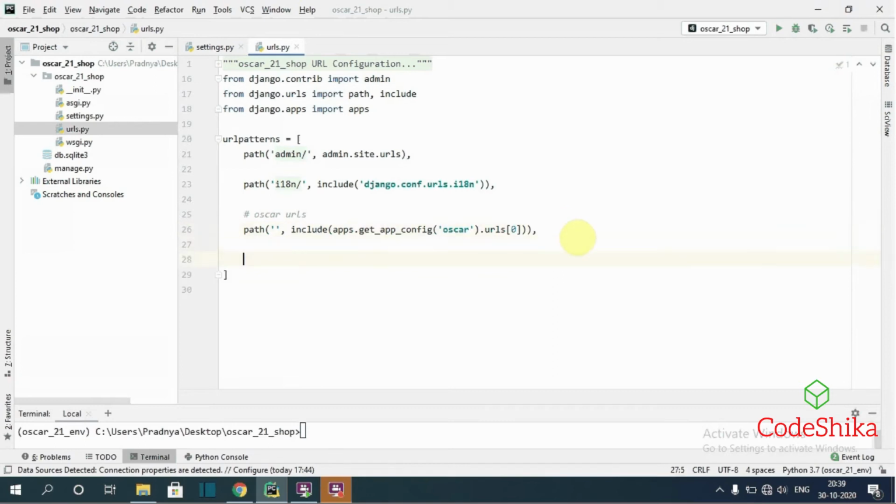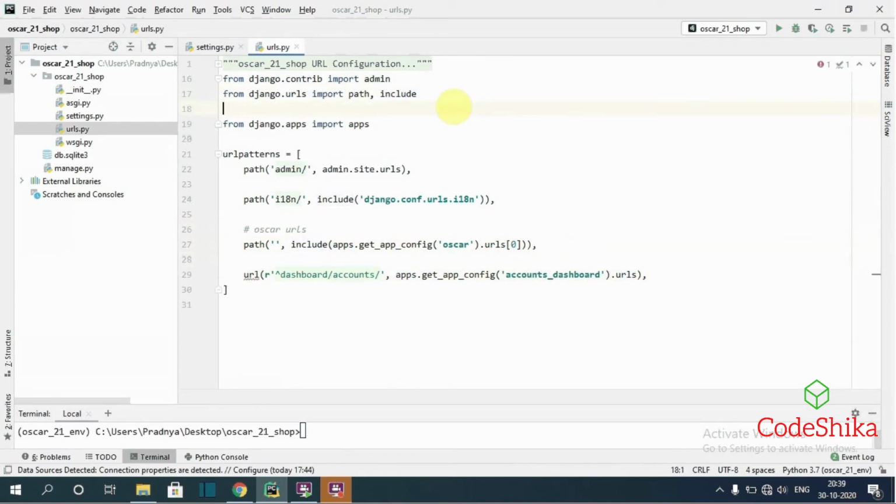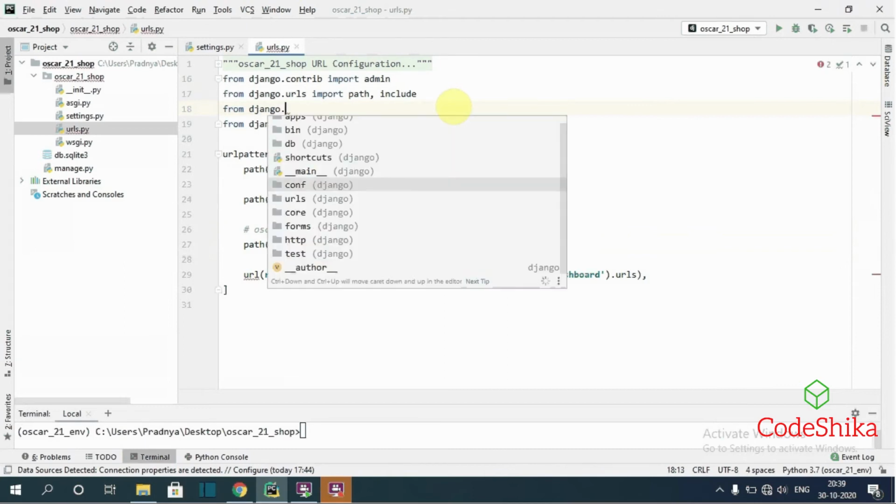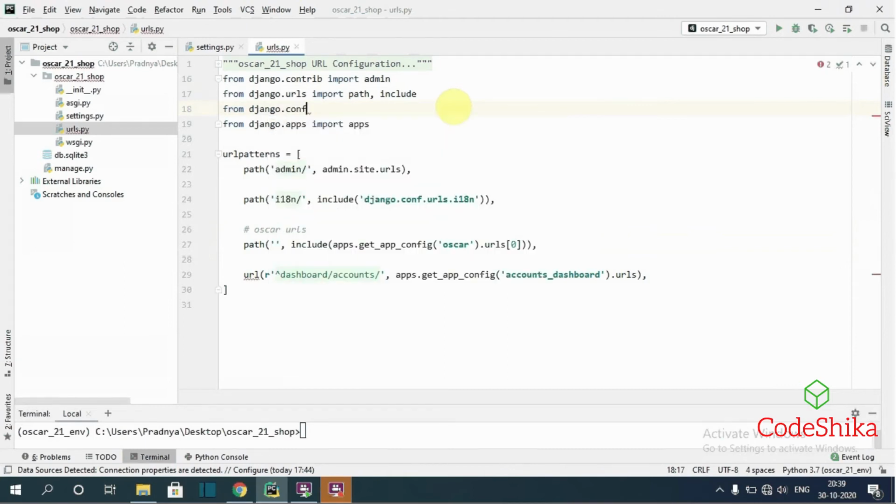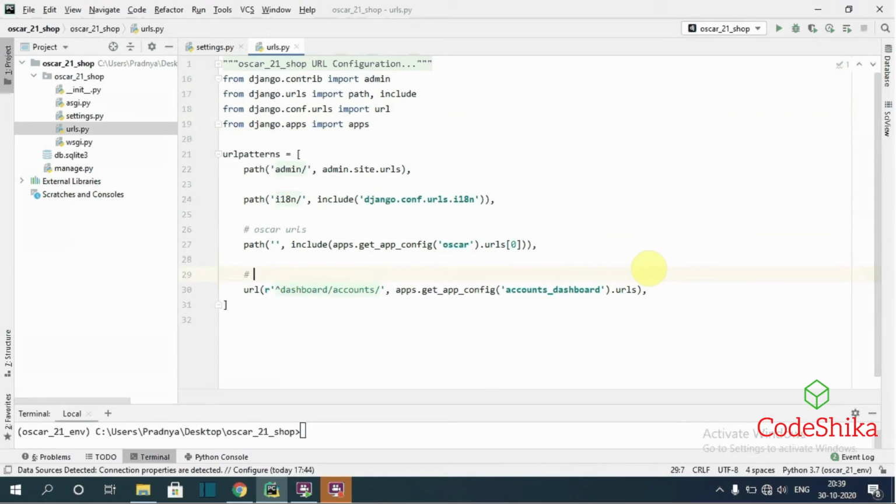So I will paste here. Next I will import url from django.conf.urls import url. Next I will type here the oscar-accounts URL.